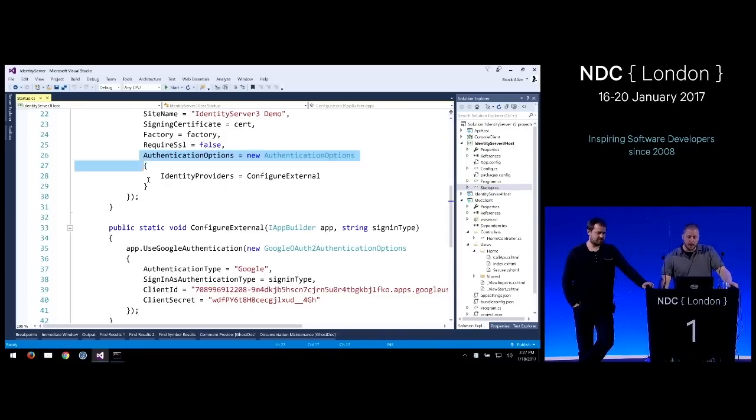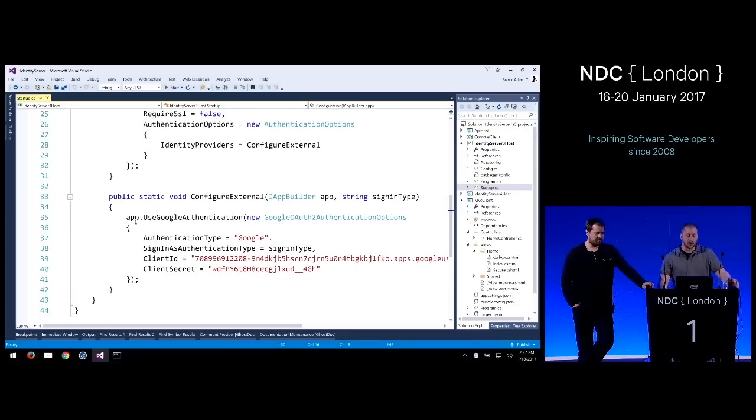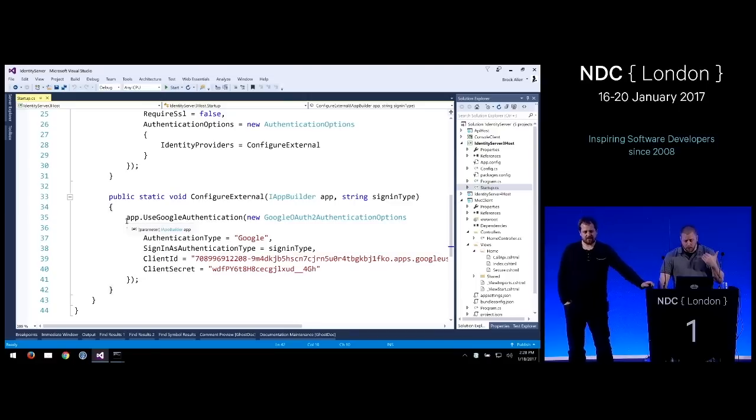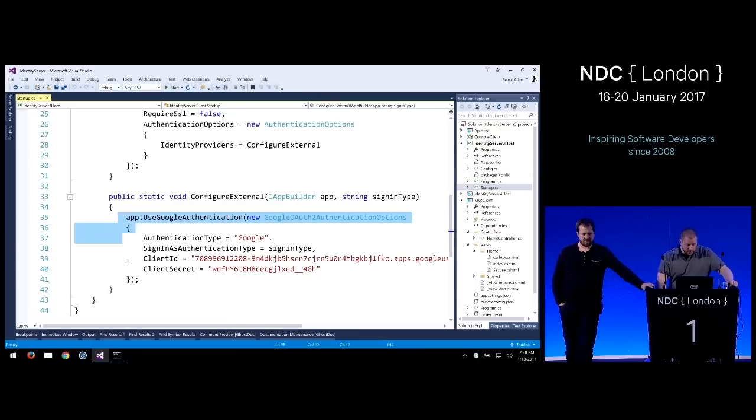So we had this little callback function where you would register whatever middleware, Google middleware or WS-Federation or OpenID Connect to Azure Active Directory, whatever. But now in IdentityServer4, you're still going to use the Google middleware to connect up to an external provider, but you just put it in the pipeline because now you're entirely in charge of the UI. So we will still need the Google middleware in 4.